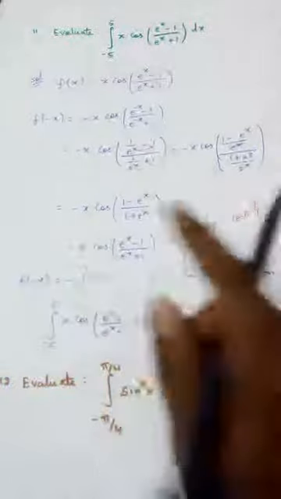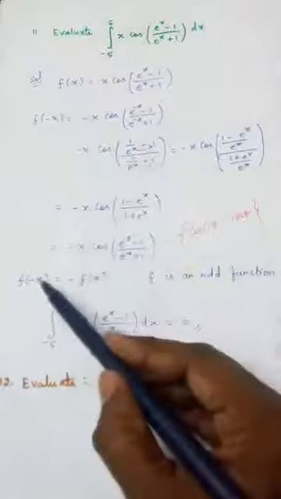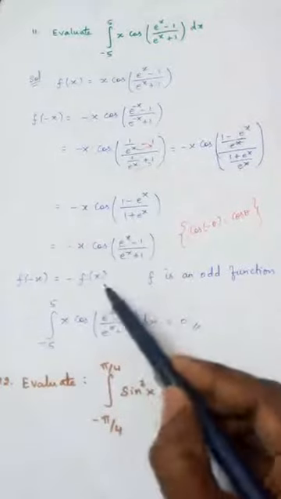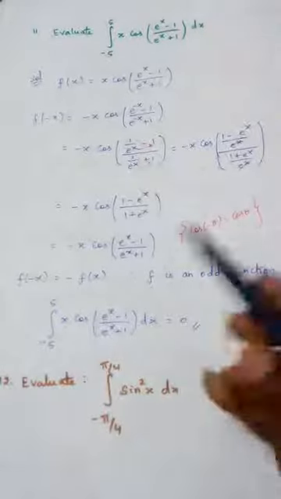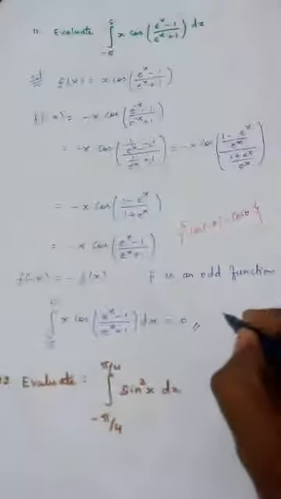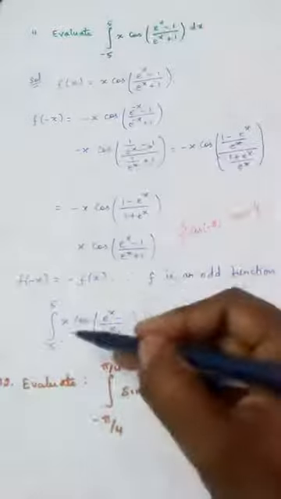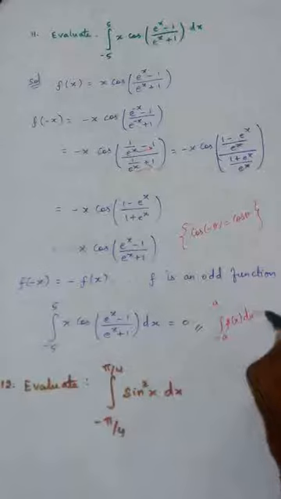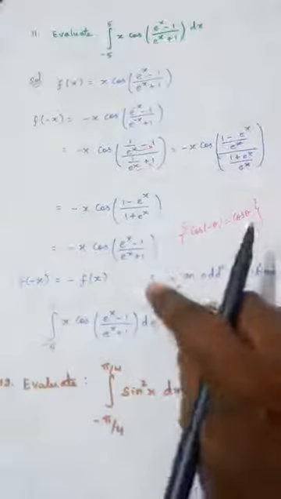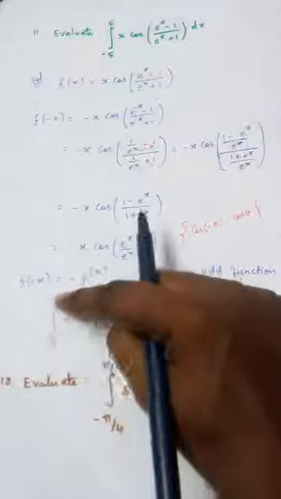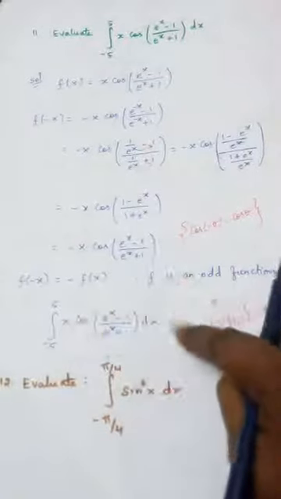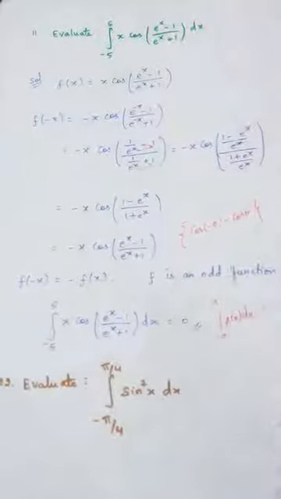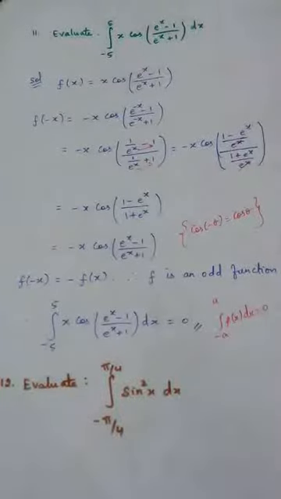Now if you see, what is f of x? x cos this, but only the minus sign is present before. So f of minus x is equal to minus f of x, which means f is an odd function. We know a result that the integral from minus a to plus a, here minus 5 to plus 5, of f of x dx is equal to 0 if this is an odd function. Here f is an odd function, therefore the integral from minus a to plus a of f of x dx, the answer is 0. Why does 0 come? Because f is an odd function. Again, this is the result that we have studied before.